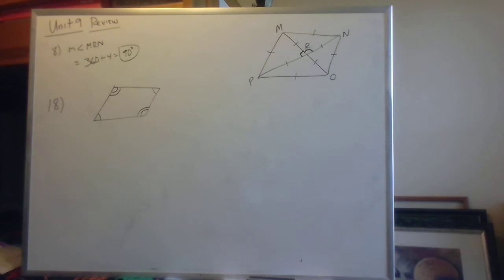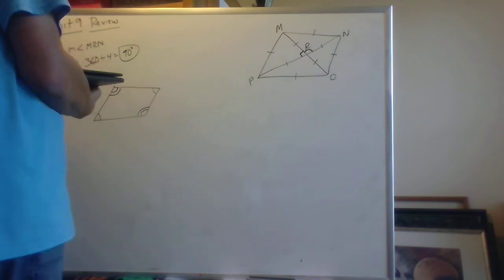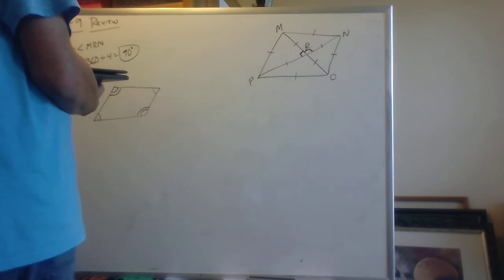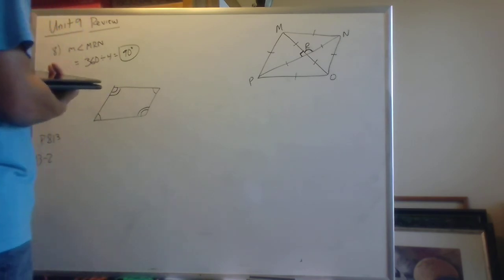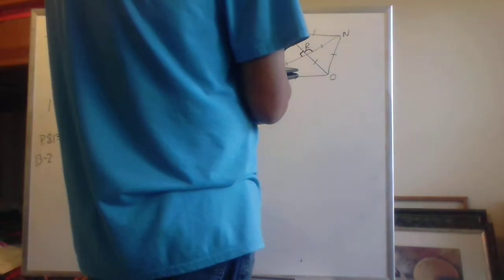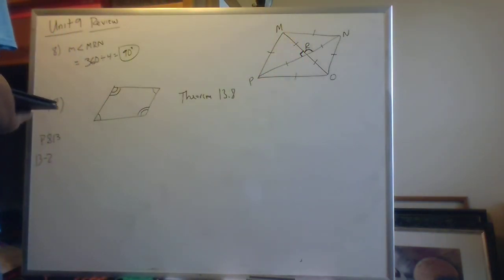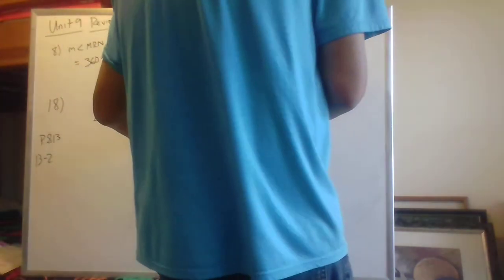The book wants you to look at the test for parallelograms, for both 18 and 19, which is on page 813 of your book, section 13.2. There is a theorem, theorem 13.8. Theorem 13.8 in your textbook basically says that if both pairs of opposite angles of a quadrilateral are congruent, then the quadrilateral is a parallelogram. So yes,